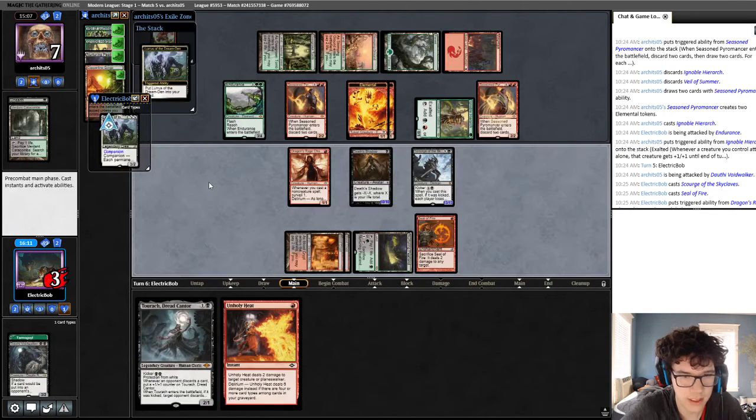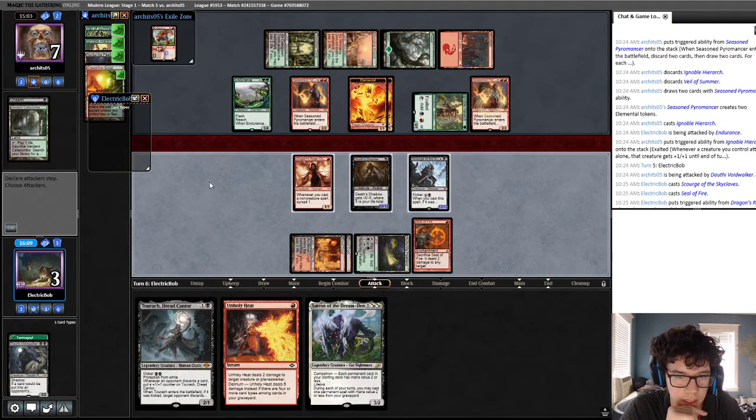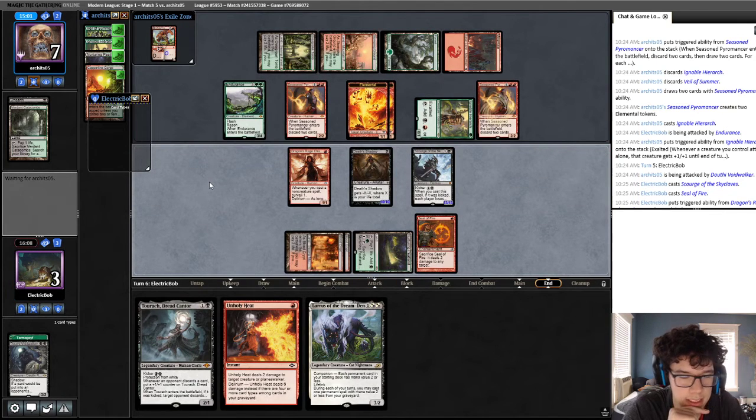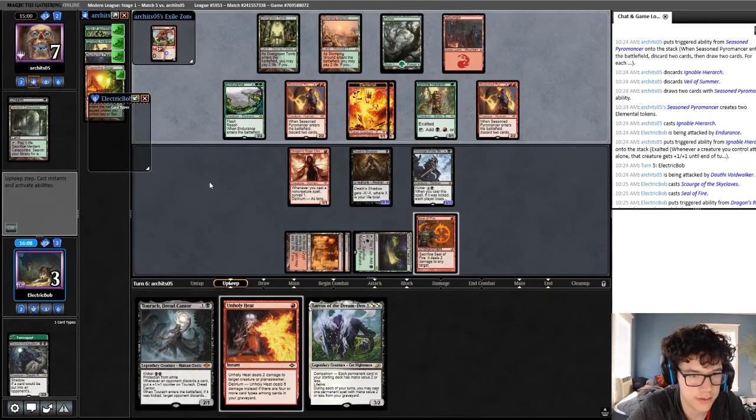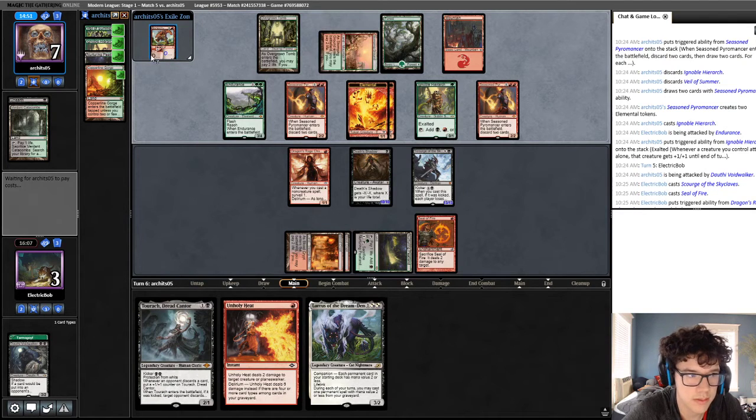I feel like I messed this game up. Definitely the turn where I attacked with Tarmogoyf was a mistake, and I just didn't even realize it until after the fact. I'm trying to think what we lose to, and there's not really that much. Definitely some things we lose to, but